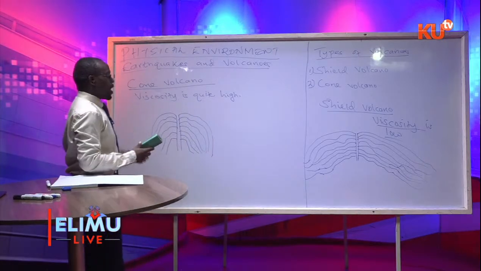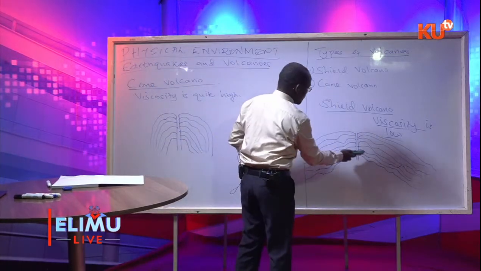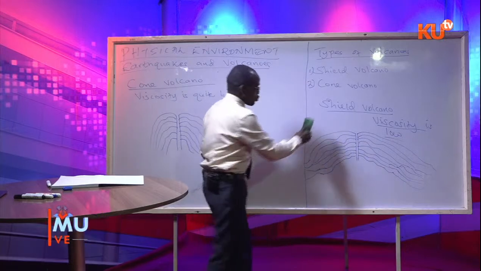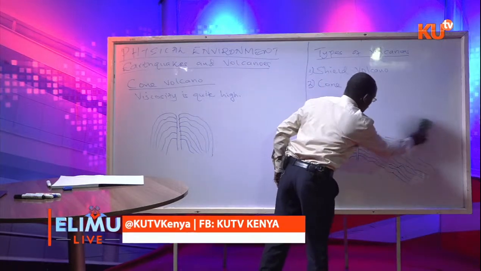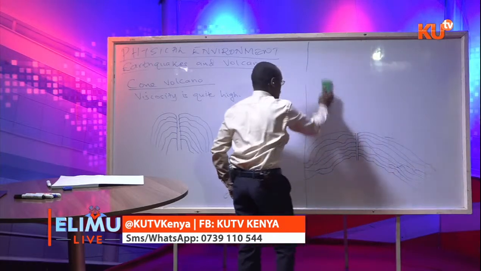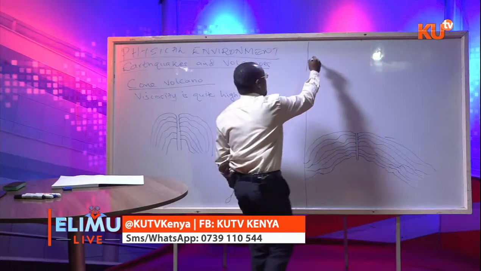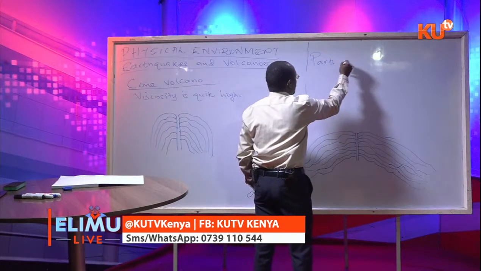One thing we need to understand is that if this is a volcano, for example, I may move away from the type of volcano and take this one as a volcano itself, and look at the parts of